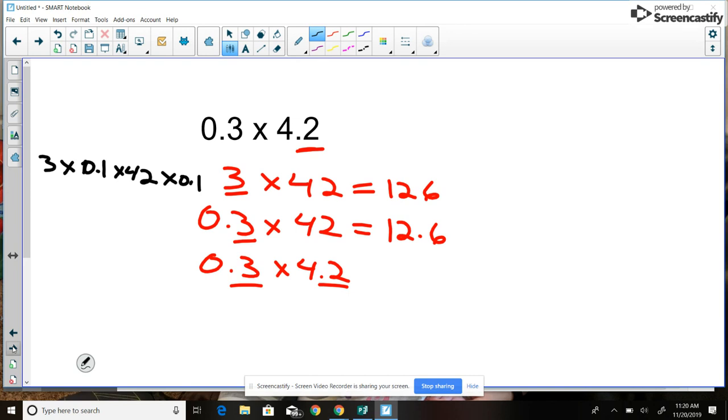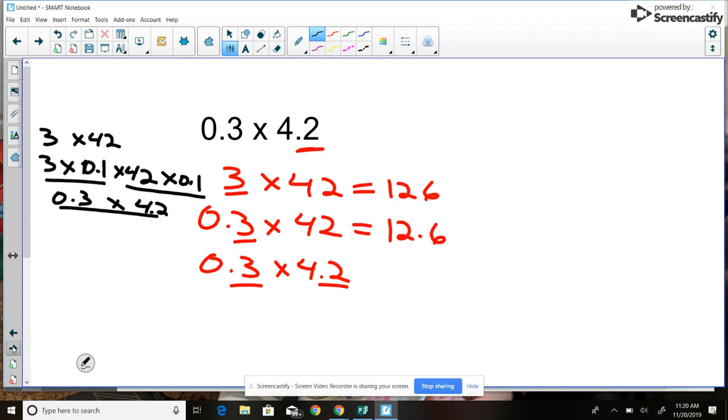What I'm trying to show you is that 42 times a tenth and 3 times a tenth equal 3 tenths and 4 and 2 tenths, and I'm still multiplying those. But since this is a little more difficult, sometimes if we start with these numbers